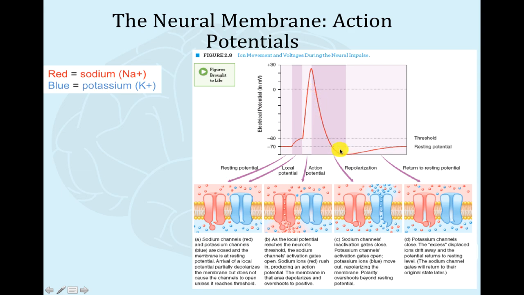We now enter the repolarization period. With repolarization, the potassium channels are eventually going to close, but until they fully close, a little too much potassium keeps going out, which makes the neuron extra negative. And so we can definitely see that eventually it returns to the resting potential. The potassium channels have closed,